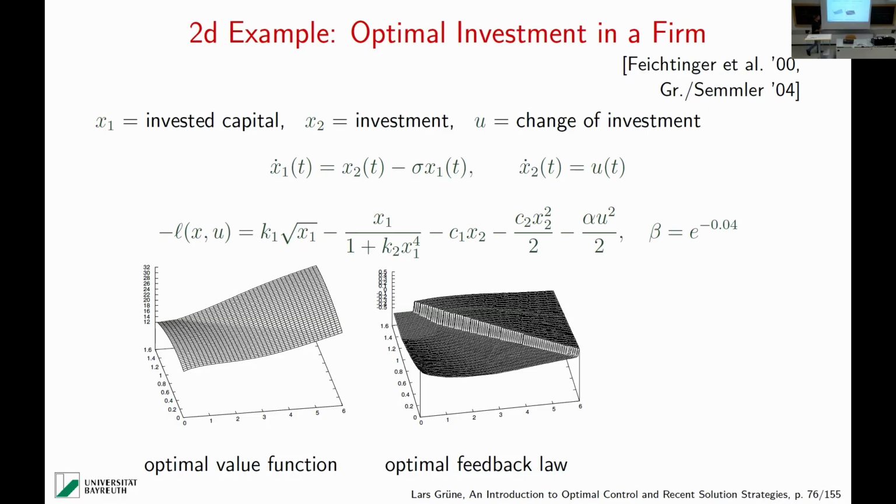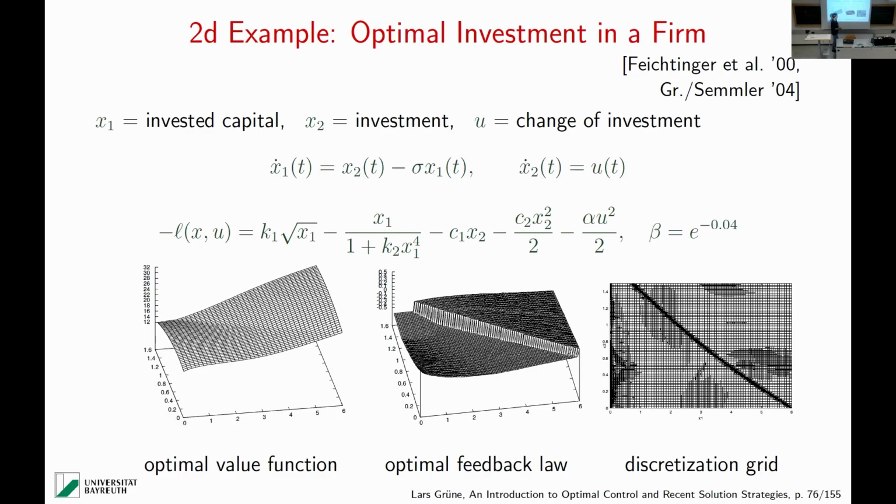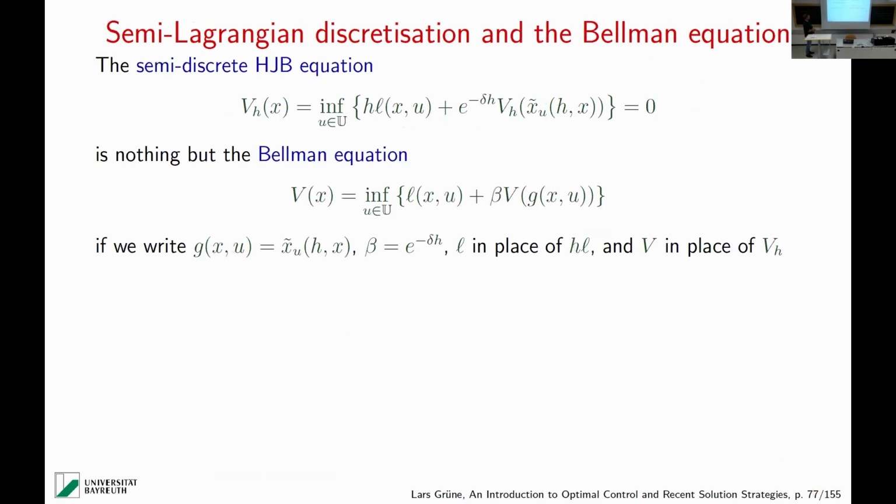And this was not computed with a fixed grid, but with something that I developed a couple of years ago, where we used adaptive discretization. This adaptive discretization puts more grid points when needed, and particularly along these lines where we have this discontinuity or non-differentiability, a lot of points are put there because the scheme determines that something is difficult there and that we have to provide a high resolution at these points. So that works nicely.